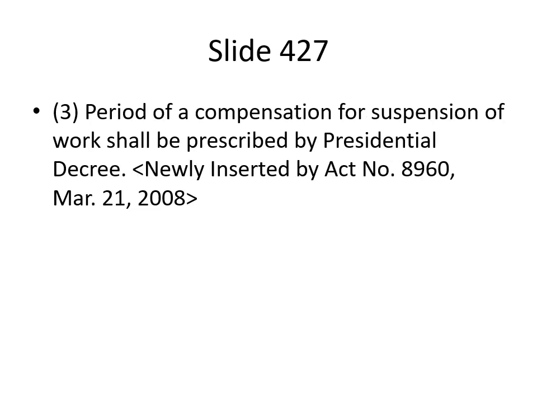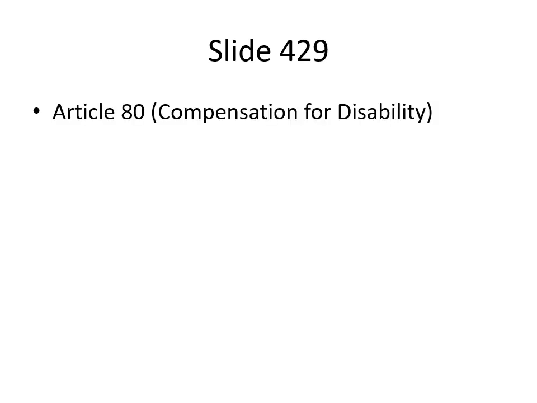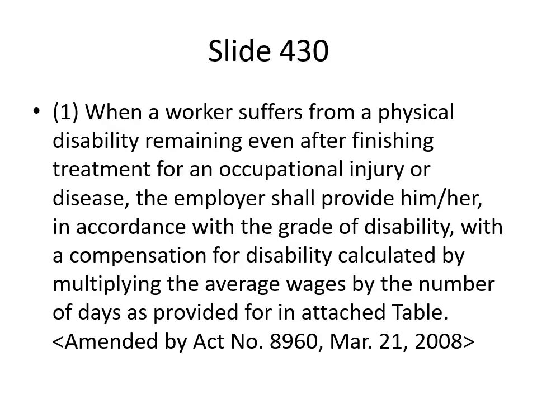3. Period of a compensation for suspension of work shall be prescribed by Presidential Decree. <newly inserted by Act No. 8960, March 21, 2008.> Article 80. Compensation for disability. 1. When a worker suffers from a physical disability remaining even after finishing treatment for an occupational injury or disease, the employer shall provide him/her, in accordance with the grade of disability, with a compensation for disability calculated by multiplying the average wages by the number of days as provided for in attached table. <amended by Act No. 8960, March 21, 2008.>